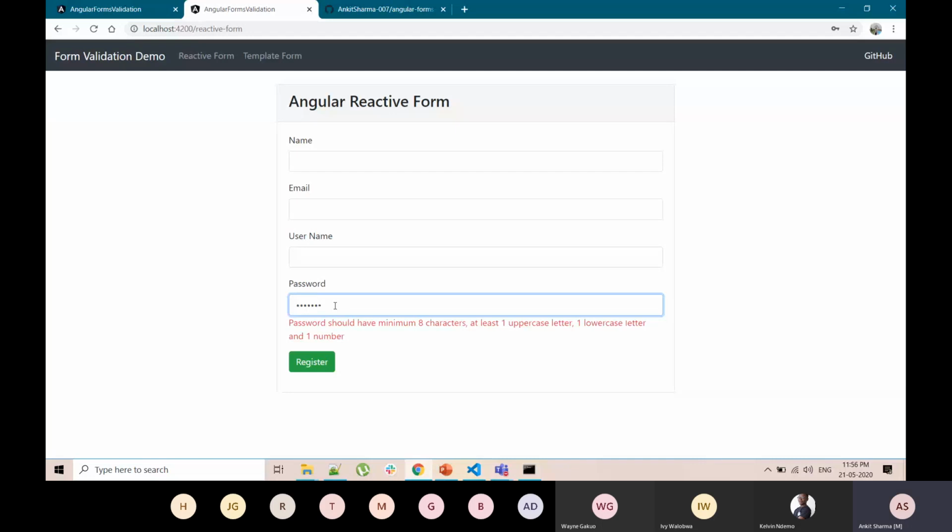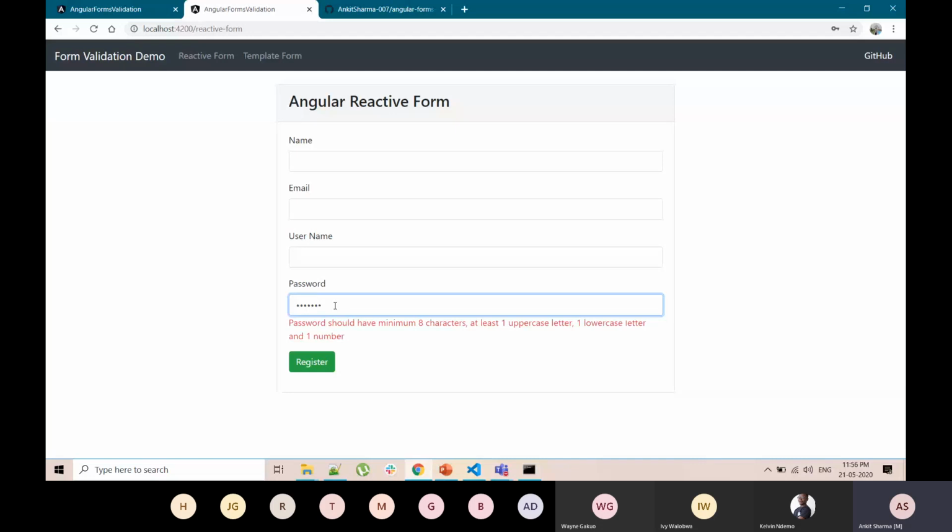Finally, okay, I made a mistake. I need to type confirm password here. So here is the confirm password field. Again, it is binding to the confirm password form control from our form, and the first validation is required, and the second is the passwords do not match validation. So how is this working? Again, we are referring to the property password mismatch, which we have set in our service.